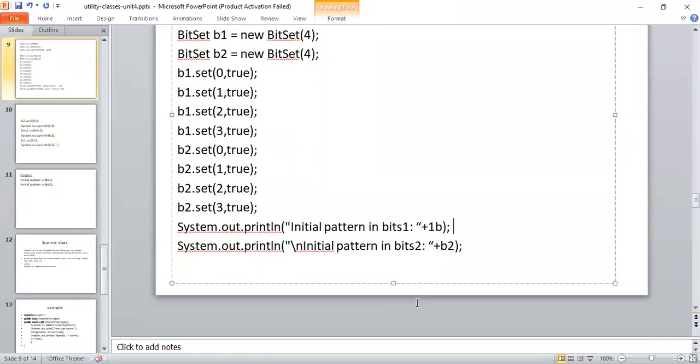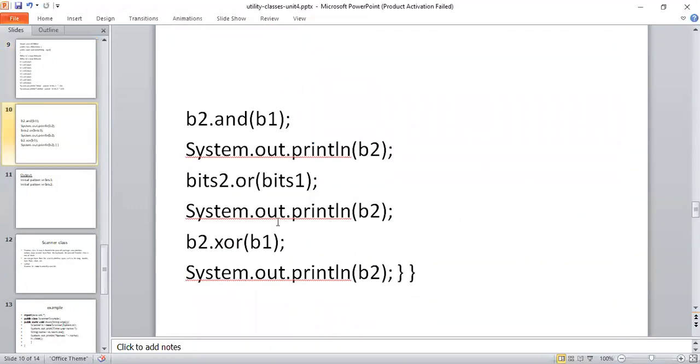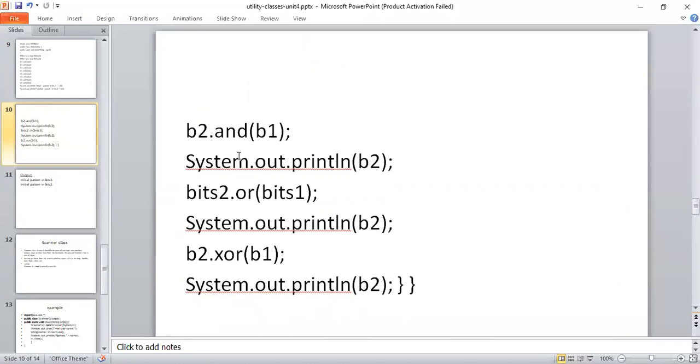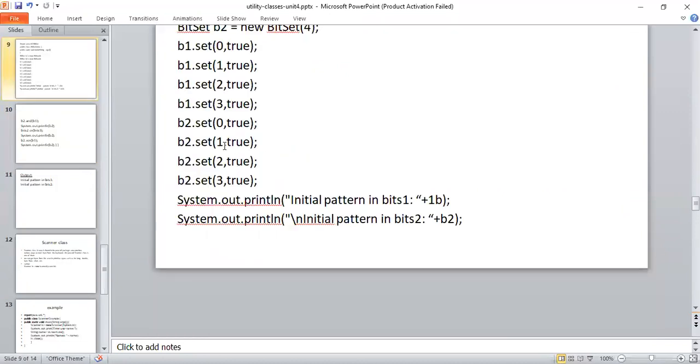Now, if I write the statement b2 and b1, I'm performing the AND operation on b2 and b1. Observe here, what is the b2 value? 0 is true, and b1 is also true. True, true, the result is true. And true, true, the result is true.